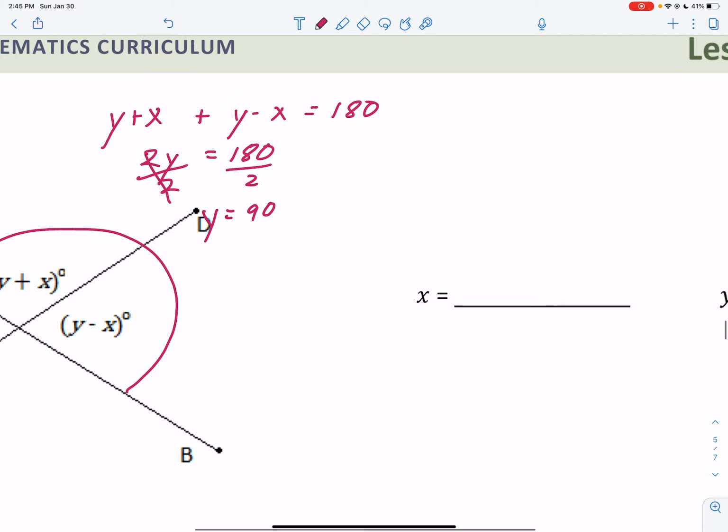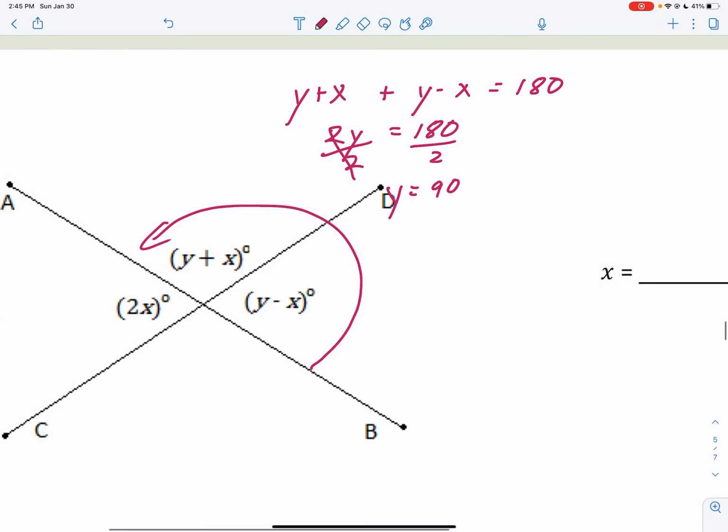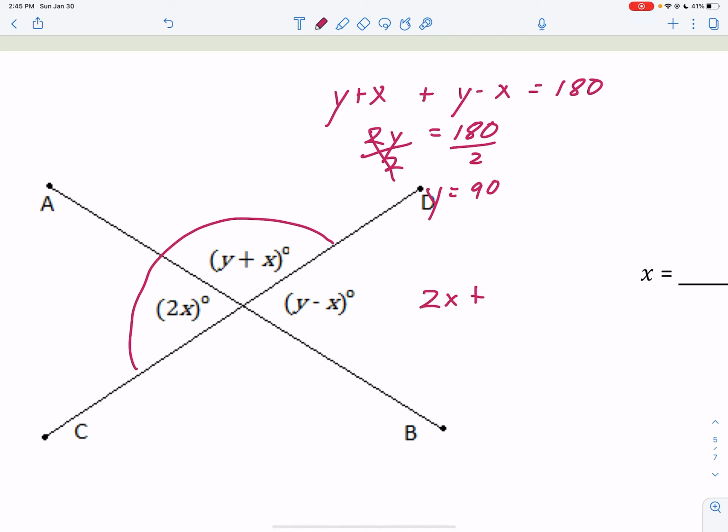So what's nice about that is that we have that information. So if I want to figure out what x is equal to, I just need to plug it into something with y. So let's look at this. Let's use the exact same thing. We could go this way now. That's also a straight line, so we could say 2x, this angle, plus this angle, y plus x,